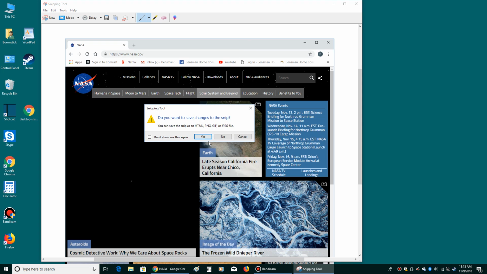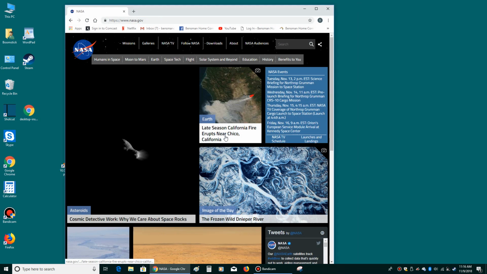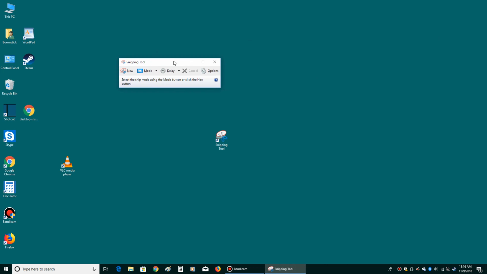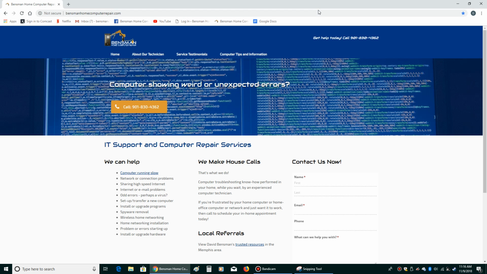So there's all sorts of little options that you can use with the snipping tool, and it's a very handy way to select a certain visual part of your desktop, whatever you're viewing on your computer, and to be able to show other people. I hope this has been helpful